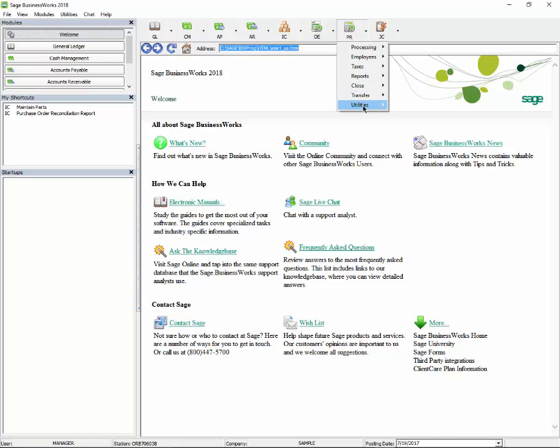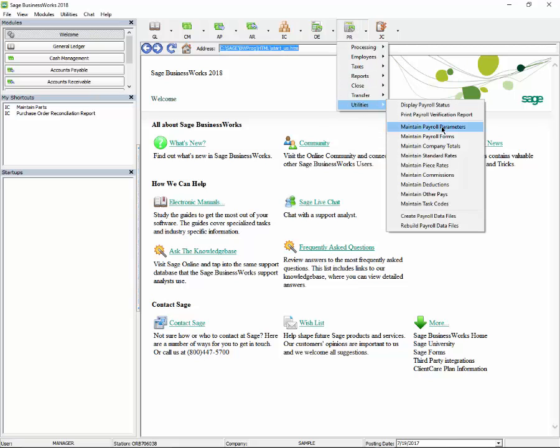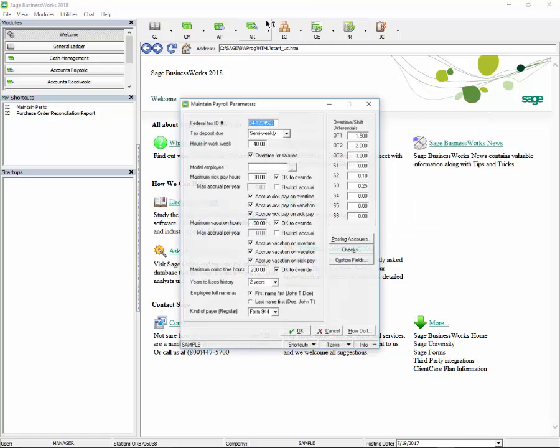In the payroll parameters, we've added two new options under payroll utilities, maintain payroll parameters. The first option is on the sick and the vacation hours. We have the option to restrict the accrual. Now, if these boxes are unchecked, and we put a rate of 80 hours for our employee, it may continue to accrue beyond the 80 hours. However, this new option will allow you to restrict that and say, I do not want you to accrue beyond